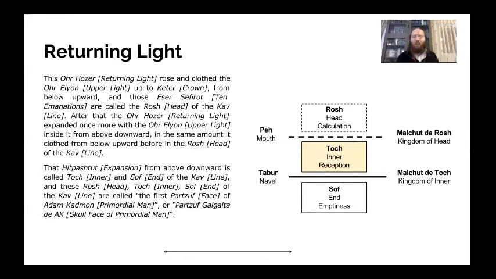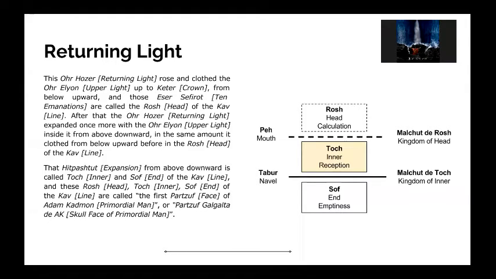So it's what we say. It's not like the light is just coming in and then being bounced off somewhere else. When the returning light goes up, it doesn't just clothe it externally. It also clothes it internally. It changes it. That's what we said when we said it takes it from egoism into altruism. If that egoism is just going in and you're just holding it in a vessel, then how does that become altruism? The Or Chozer has got to go inside, right?